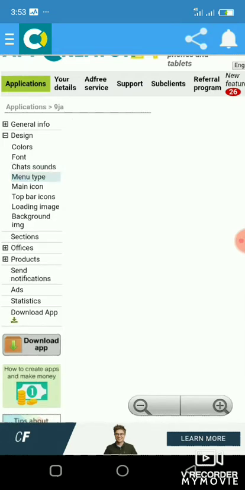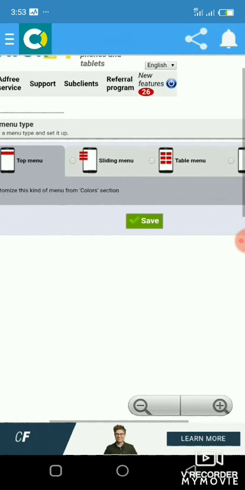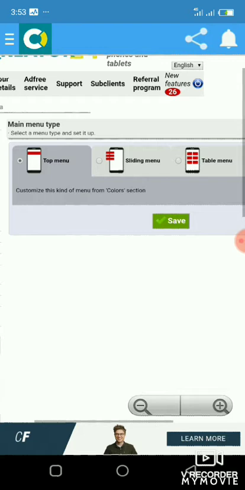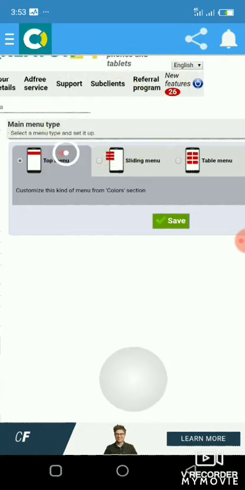Then the next one is menu type, which is very, very good. I love this one. Under this menu type, this is where you make your app beautiful and stand out. Now we have top menu. There are some apps you open where you can see the bar is up. With top menu, everything will just show from A to Z. There are some you open that you have to click the three lines on the right-hand side to get the menu.